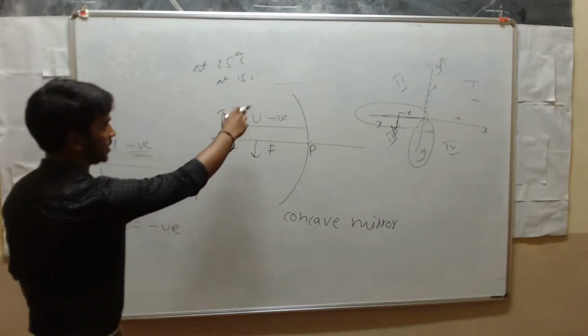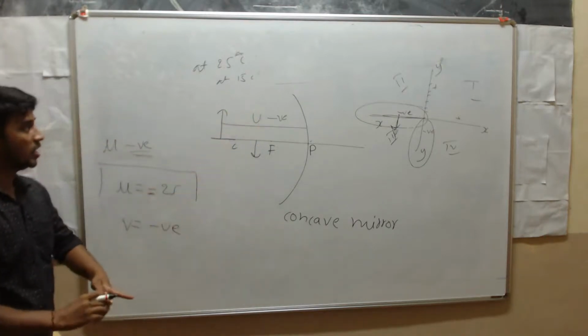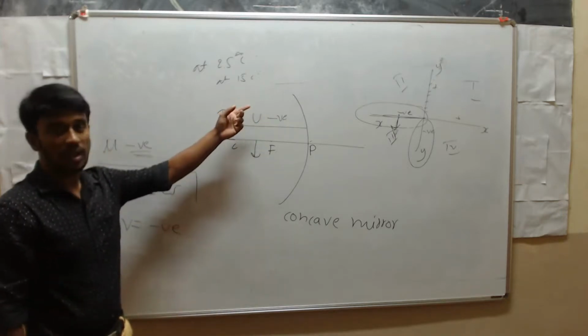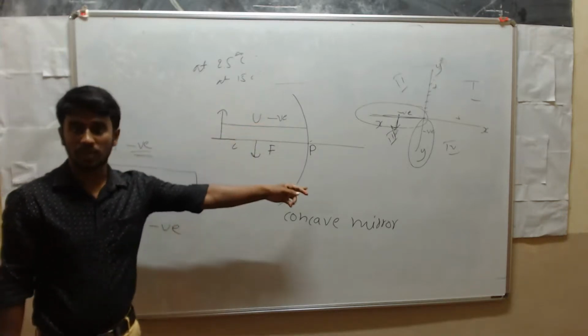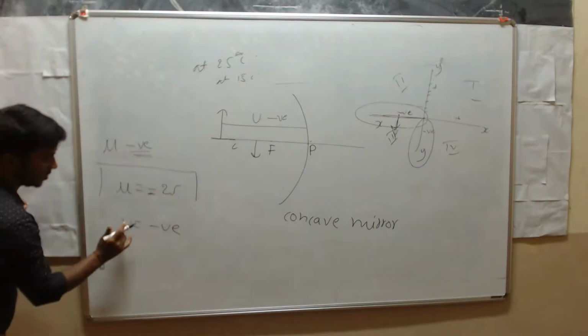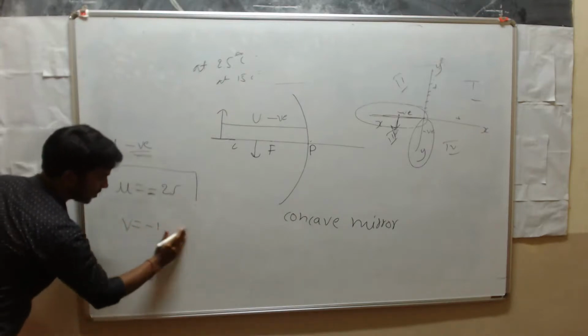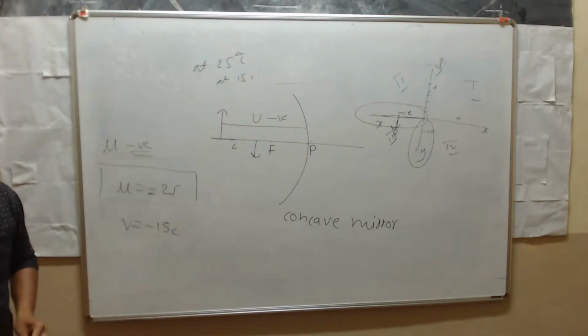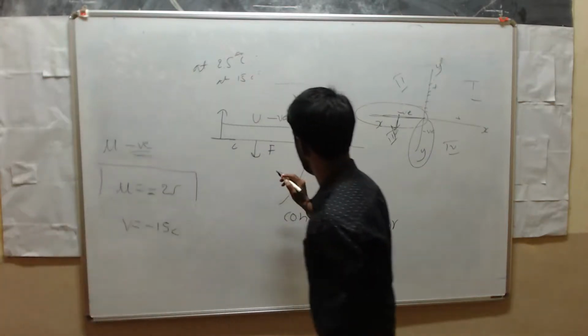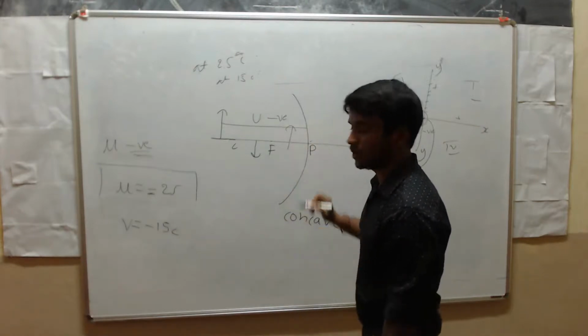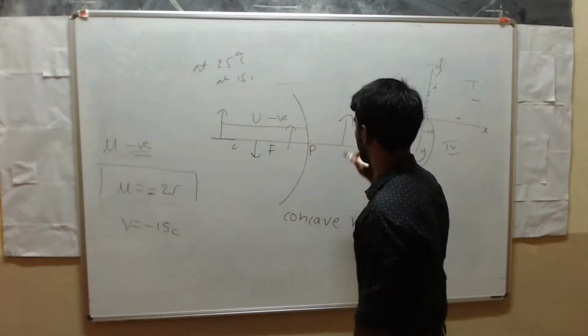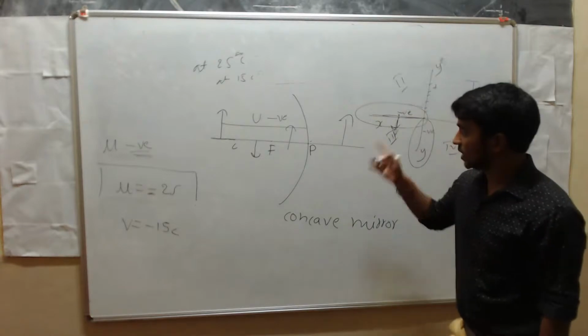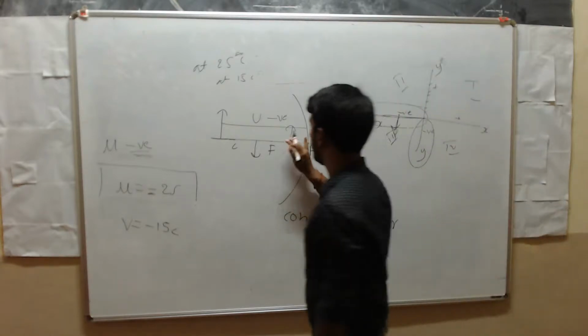Suppose they mention the image is real and it is formed 25 centimeter from the mirror. At that time, you should write v is equal to minus 25 centimeter. But here, see, sometimes when you keep the object between f and p, at that time we will get the image here, right? Okay. So in this case, we should take the v value,